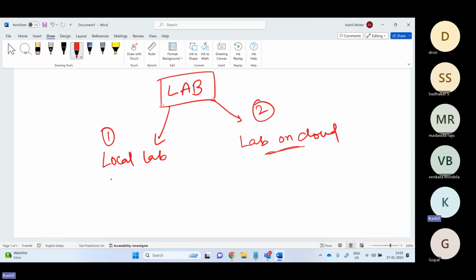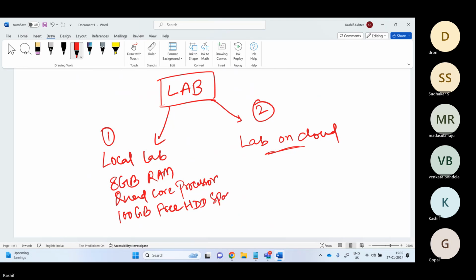For local, you need to have a minimum configuration of 8 GB RAM, then a quad-core processor, then a minimum of 100 GB free hard disk space. For a local lab, you need these minimum configurations. Then you can create your local lab. You just create one Windows 10 or Windows 11 virtual machine, and then you can manage that